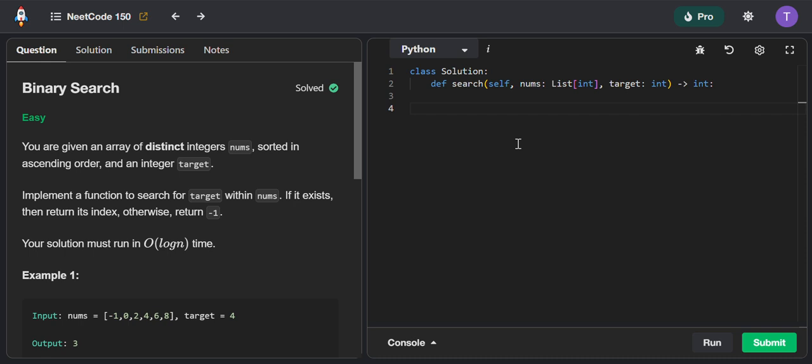Lesson 28 of NeetCode 150, binary search. What is a binary search? Okay,